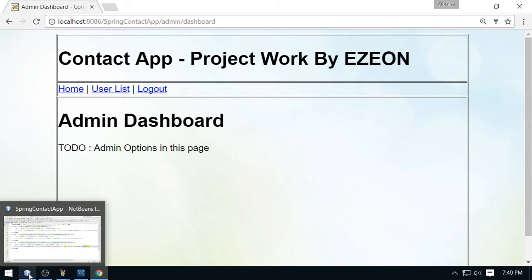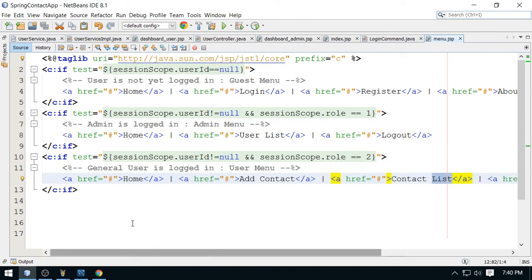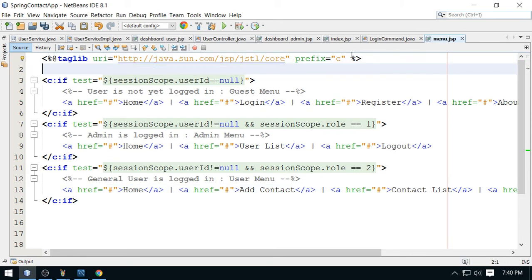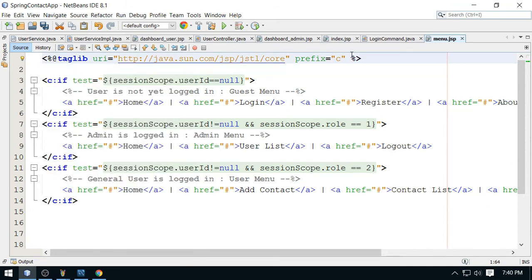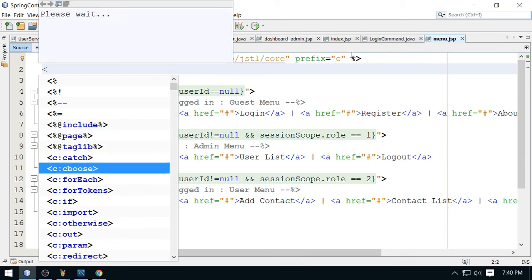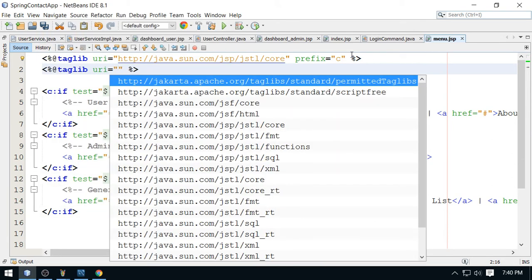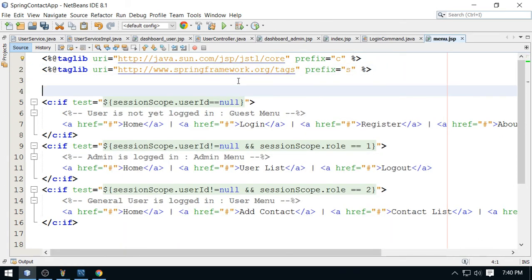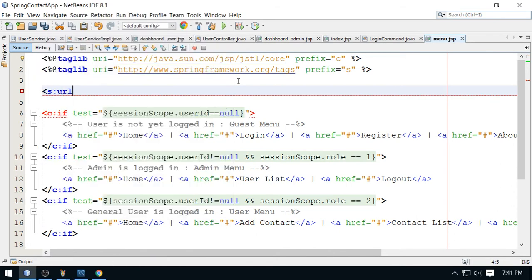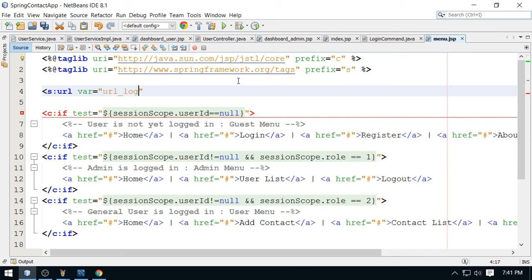So now let me add here links for these pages, so I can quickly prepare the links. I'm going to add just a single link in this video, and I will complete all the links in the next video. So do one thing, add here link. To prepare the link you require a tag library. So I'm going to add here Taglib, and this is URI, and Spring tag library I'm using here. This is s colon Spring, and I'm going to prepare a single URL here. This is URL, and this is variable, and this is my URL for logout,